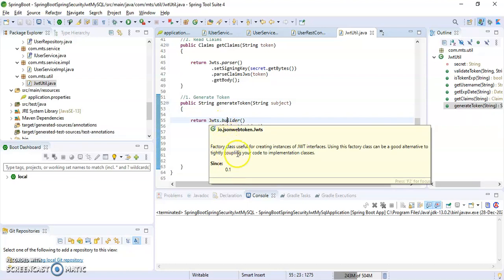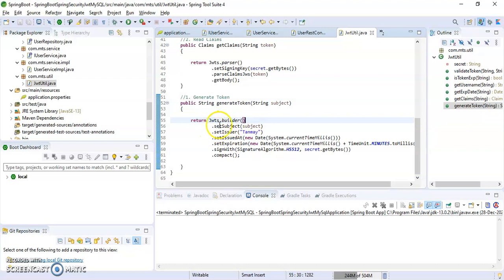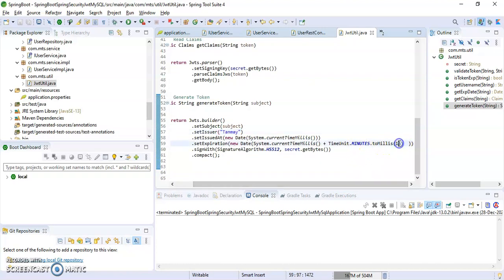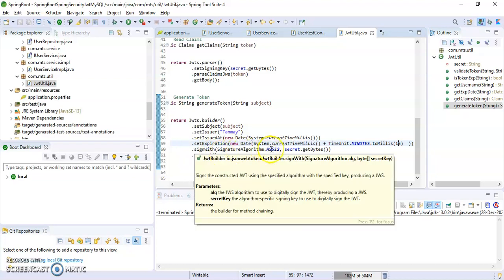You can see, the builder will set the subject to our subject, set the issuer, which I have given my name, set issued at, which it will generate from the current time in milliseconds, and set expiration, which I have given minutes times 15, and then .signWith with signature algorithm HS512.